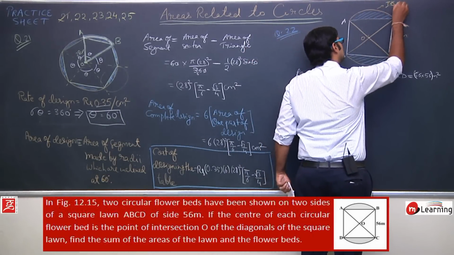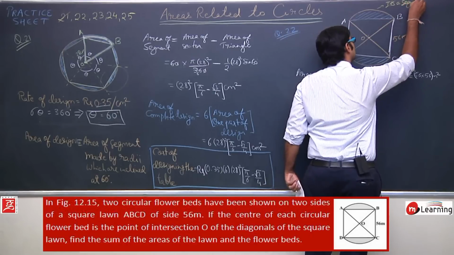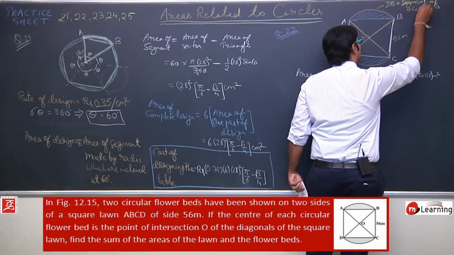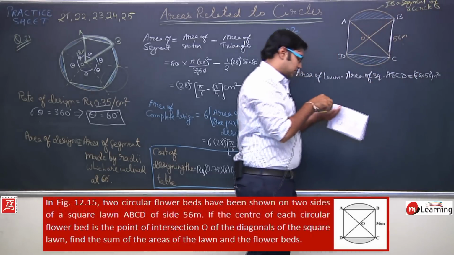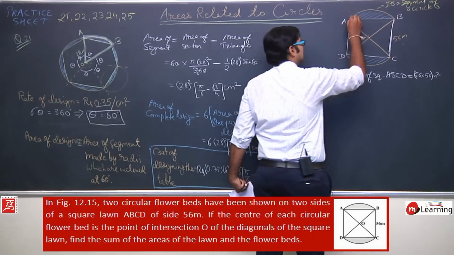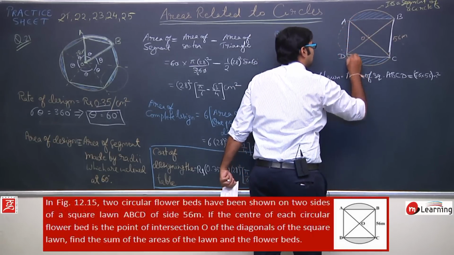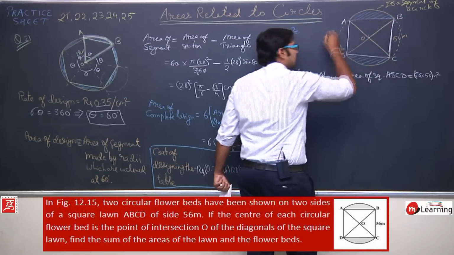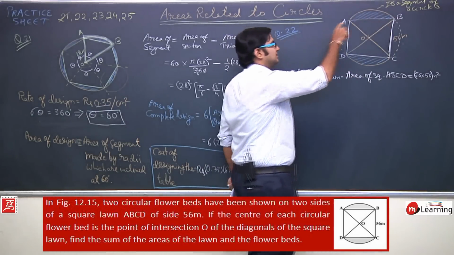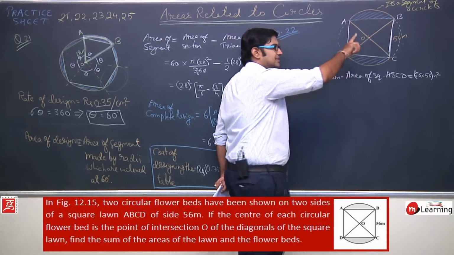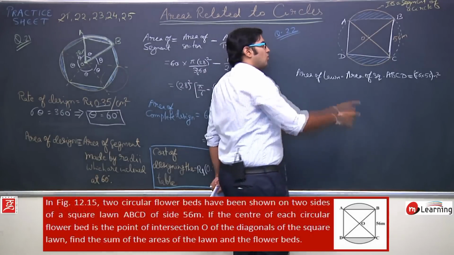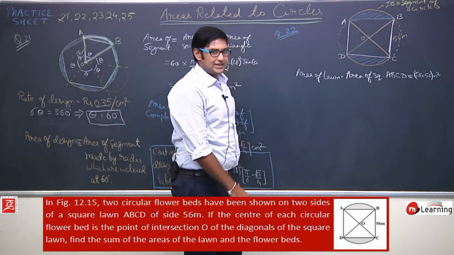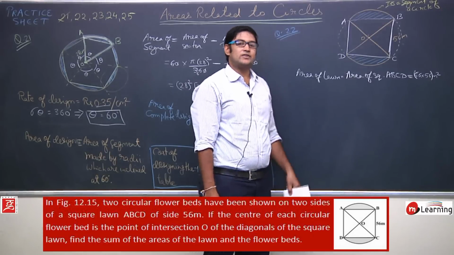It's a segment of a circle. Now why does it look like a segment? Because if I complete this circle in this way, it will go like this. This will be a circle and this is a segment of this circle. This O is the center. So OA and OB are the radii of the circle. Since O is the center, OA and OB will be the radii of the circle.